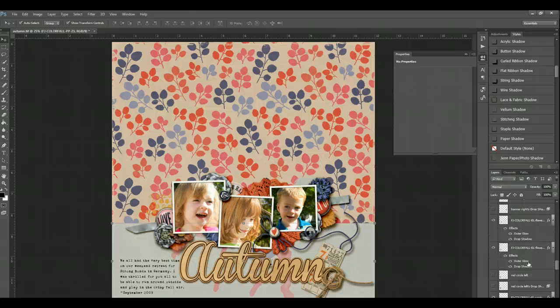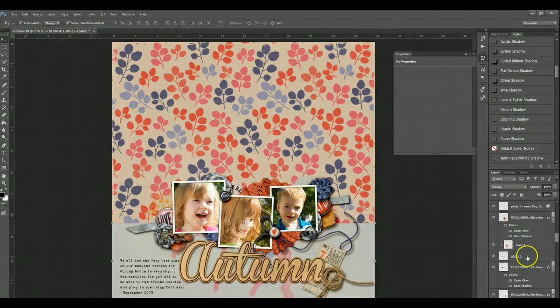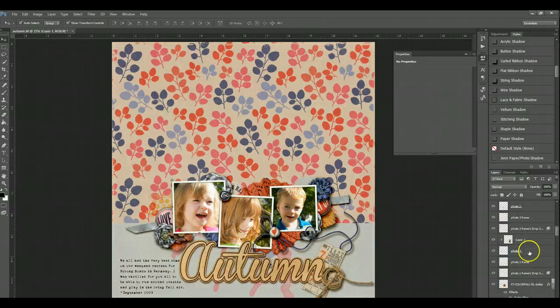So I have the one paper at the bottom, and then the photos are of course clipped as well. Control E, Control E, Control E. Okay. The next thing I will do is I will look for any